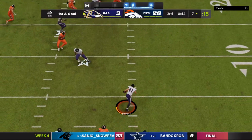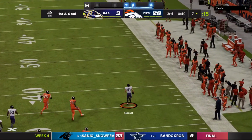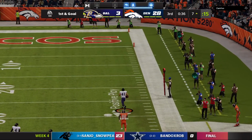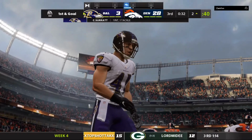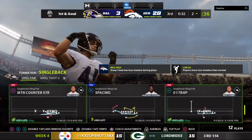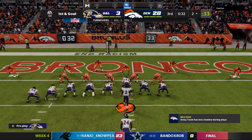Into heavy traffic, and it's intercepted. Picked up by Chaz Surratt. And he's got daylight. It's a foot race. The 30, the 20, 10. And he will not get all the way home, but he will take this back down to about the 2-yard line. So it was a drive that had real promise here to begin the 3rd quarter, but ultimately derailed by